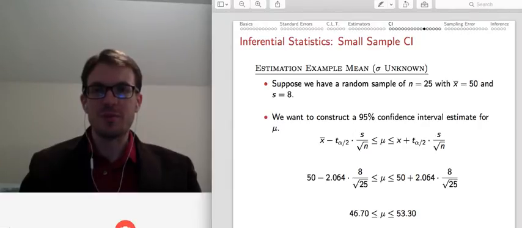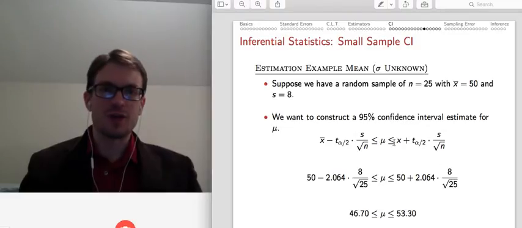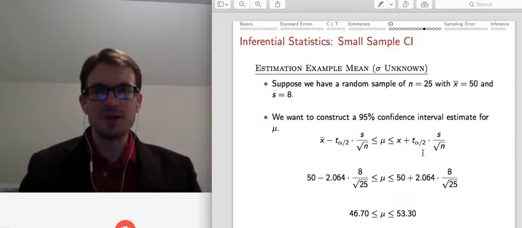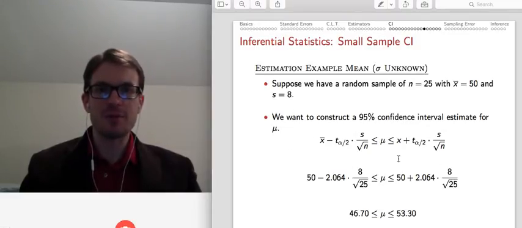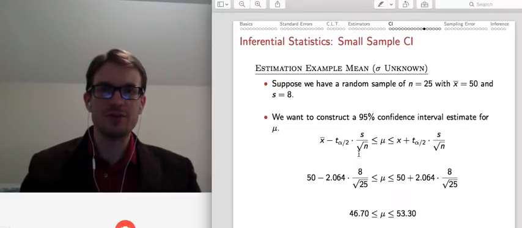Suppose, for example, we have a random sample of 25 and a sample mean is 50, the sample standard deviation is 8, and we want to construct our confidence interval. We can just plug these values in and have our small sample confidence interval built here. What's missing is we need the critical value that places 2% in each tail area with 24 degrees of freedom. So we'll go look that up in the table. The value we need is this